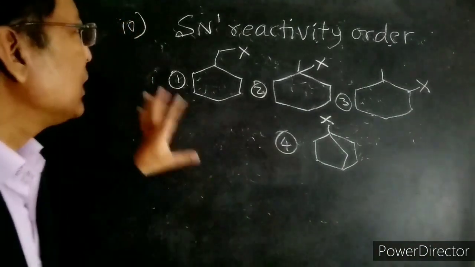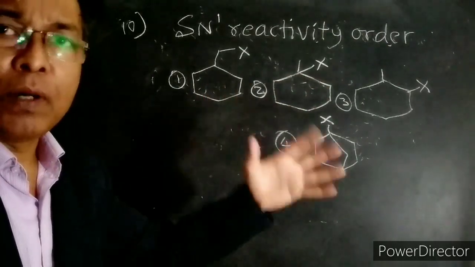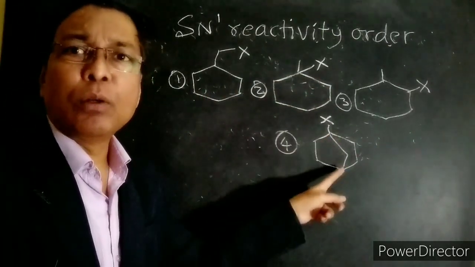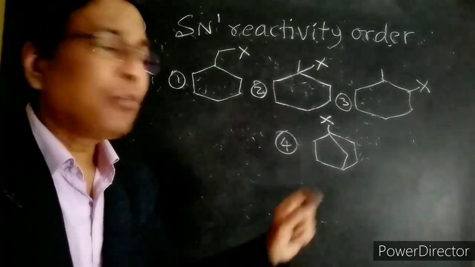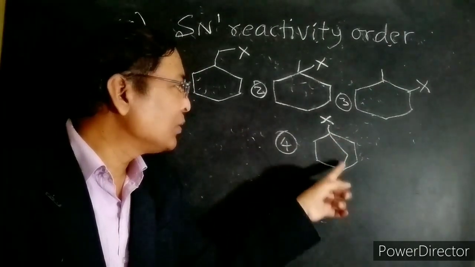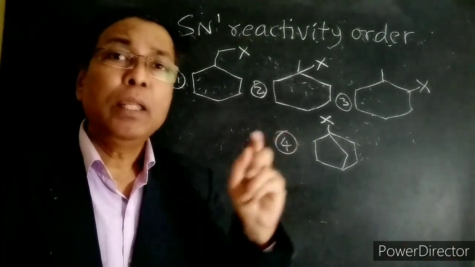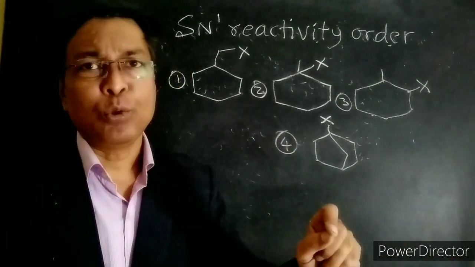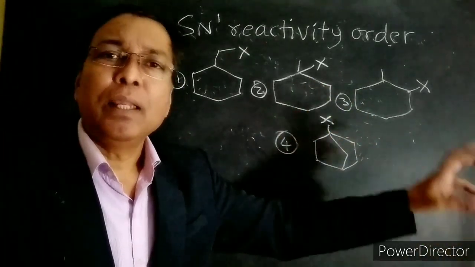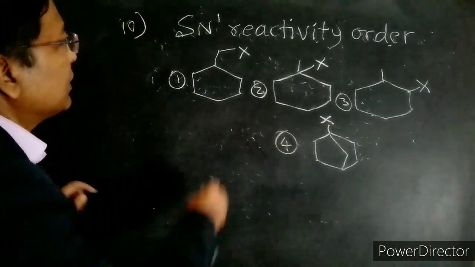Okay, we have to decide whether these molecules are primary, secondary or tertiary first. And one more thing we have to remember here, we have a bridged molecule, and you have to remember that when bridged molecules are present, there is a bridge atom between these two carbon atoms. Such molecules have least priority even in SN1 and SN2 reaction. So we have to keep them at the least reactivity in the SN1 as well as in SN2 reactions. So let us see this molecule.